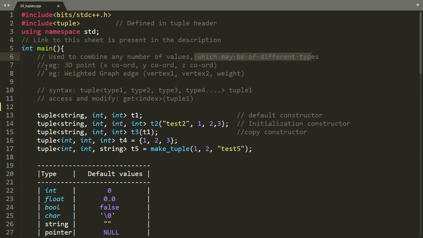For example, we are given a lot of points in a three-dimensional space. To represent that, we can create an array of tuples such that each tuple is of size 3. At its first position, we will store the x coordinate. At its second position, we will store the y coordinate. And at its third position, we will store the z coordinate, such that combinedly three values, a tuple will represent a point in the three-dimensional space.